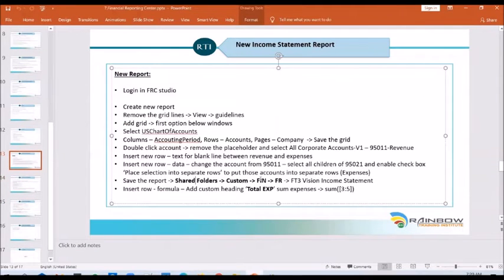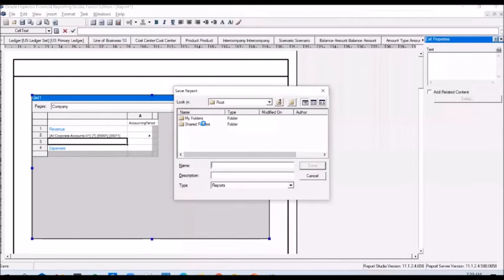You need to save it to shared folders, custom, and under custom there will be a fin folder. Under fin there will be an FR folder, which stands for financial reports. So go to that folder and save the report there.